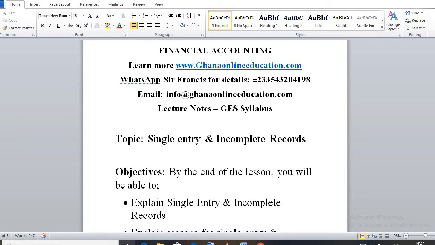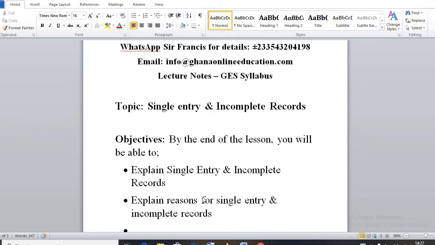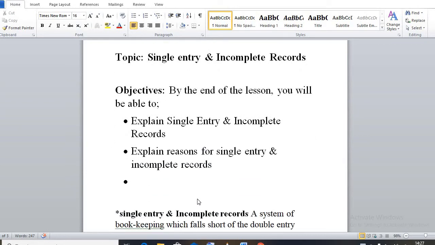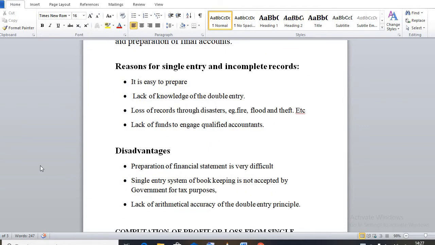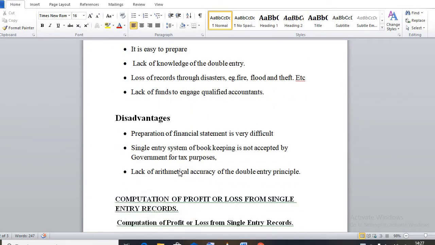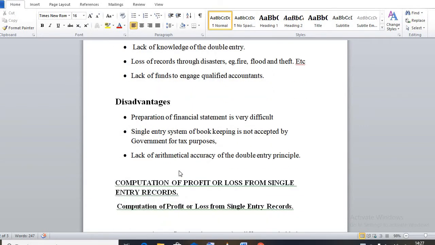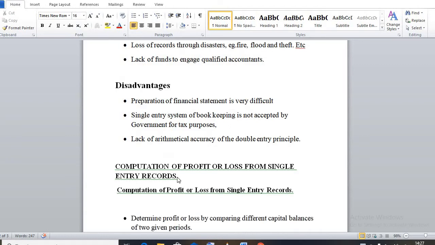So as we started looking at the single entry and incomplete records, we've looked at the meaning, reasons why people do resort to incomplete records. We've considered that too. We are done with the disadvantages, okay? So today we are going to look at how to compute for profit or loss from single entry